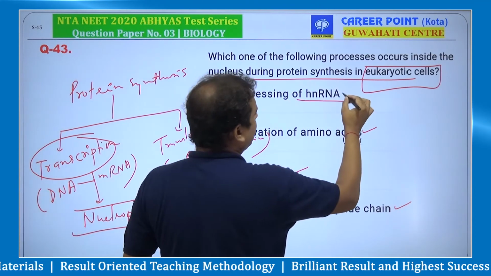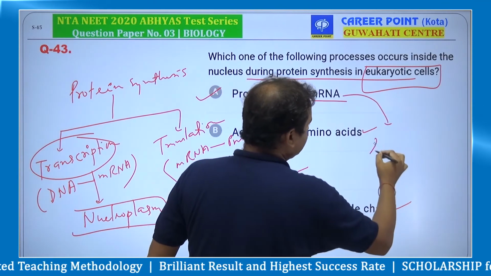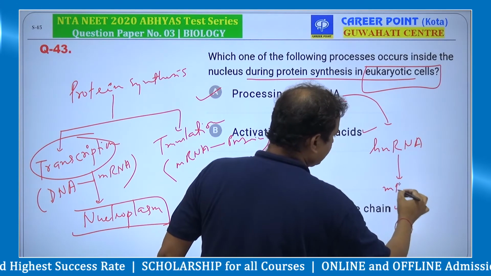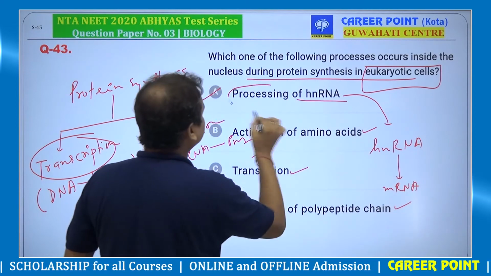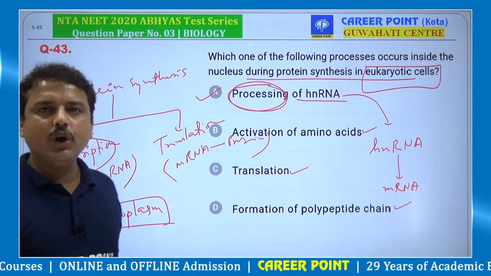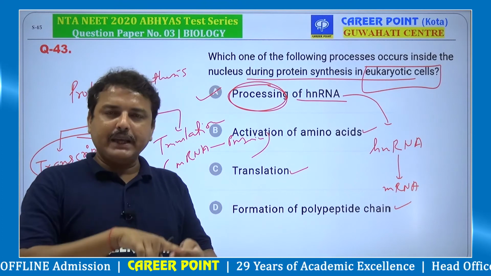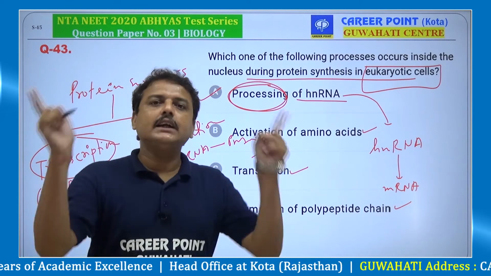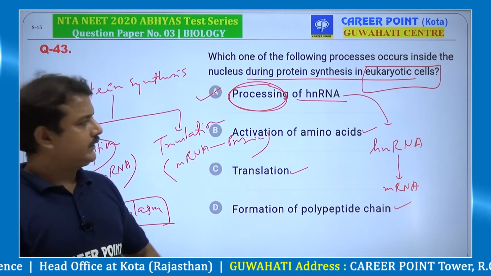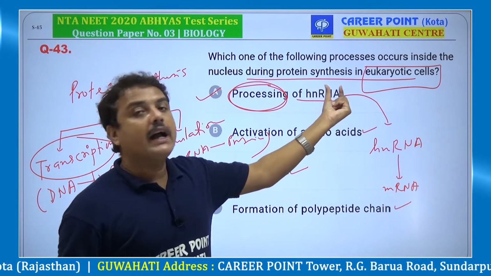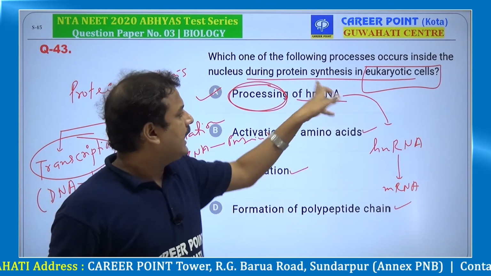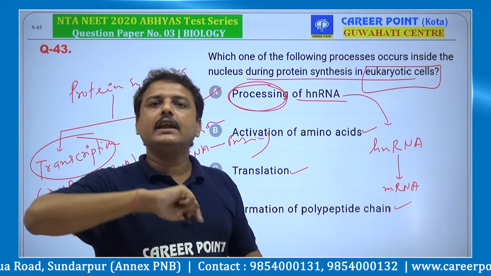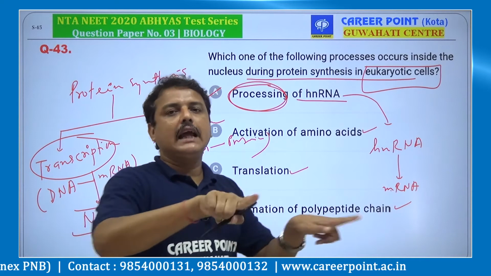So this HnRNA, from HnRNA, as you know, that is mRNA is formed, and that process is called processing. And this processing includes 3 steps, as you know. One is called what? Capping, that is splicing, then tailing. So capping, splicing, tailing, these are the 3 steps which occur in the processing of heterogeneous nuclear RNA. So HnRNA is processed to mRNA by first capping, then that is called splicing, then tailing.